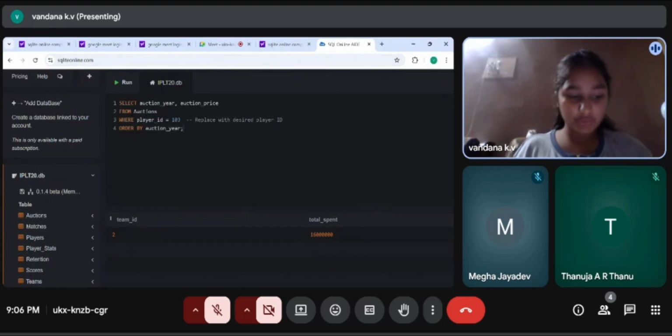And the next question is which team has spent the most money in the last 5 years? Select auction year, auction price from auctions where player ID is 103 ordered by auction year, and the output is